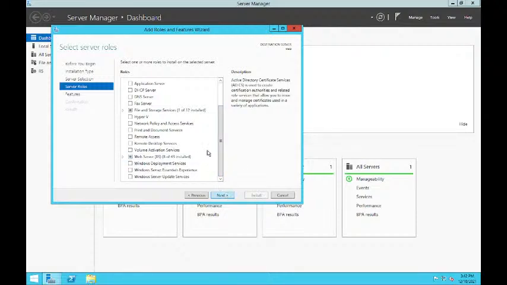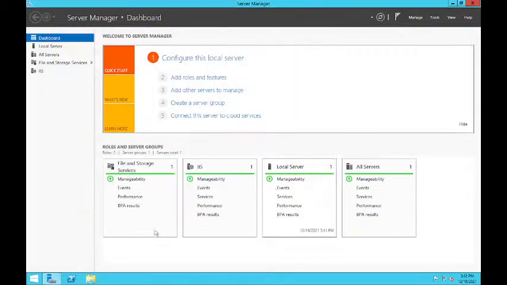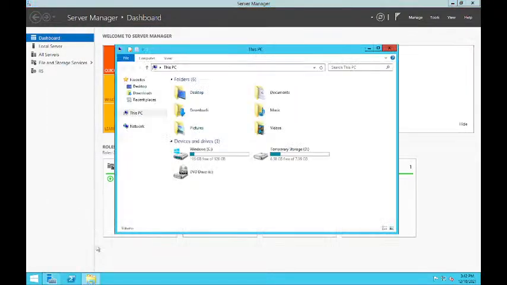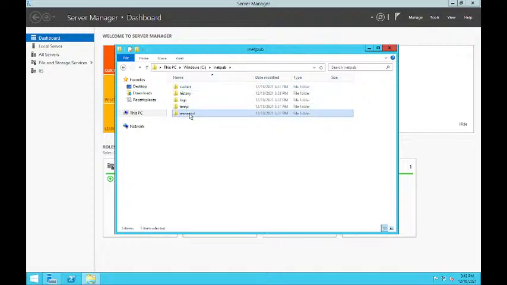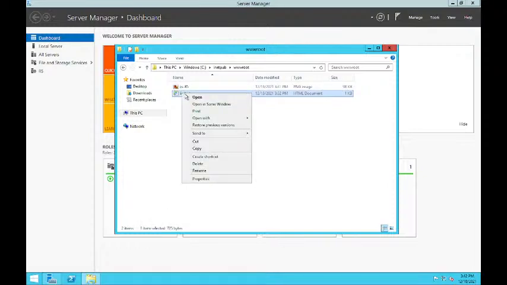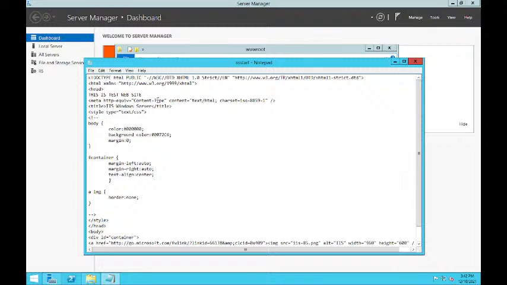Once you install Internet Information Services, open This PC, then the C drive. Under the C drive, you will get a folder, inetpub. Open it, then open wwwroot, and in wwwroot we can find one HTML file. Right click on the HTML file, open with Notepad. If you want to make any changes, like in last we configured this website,